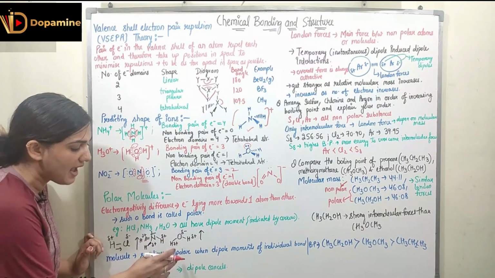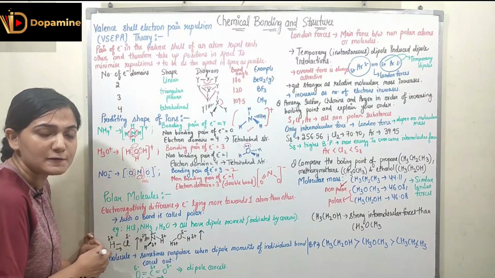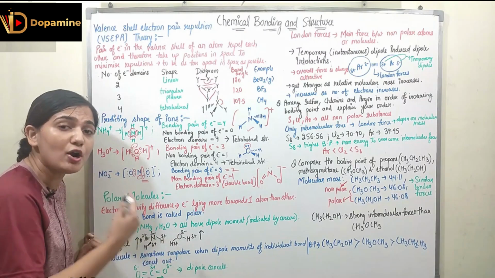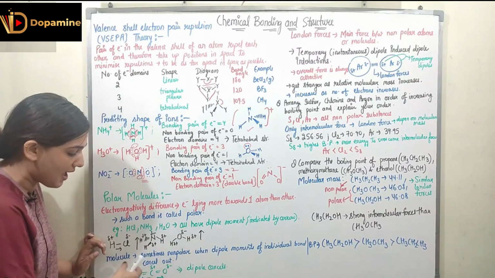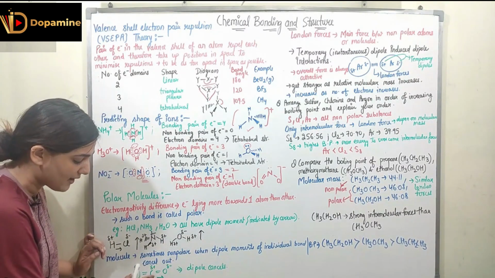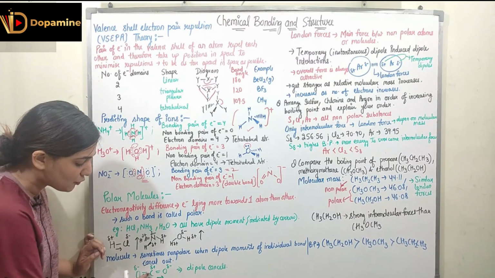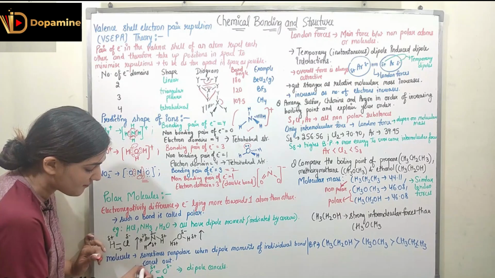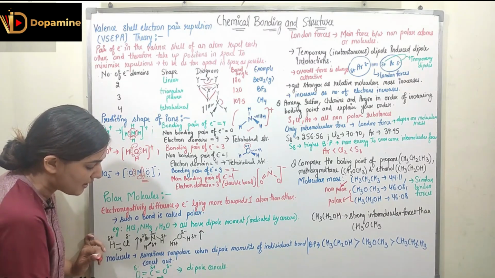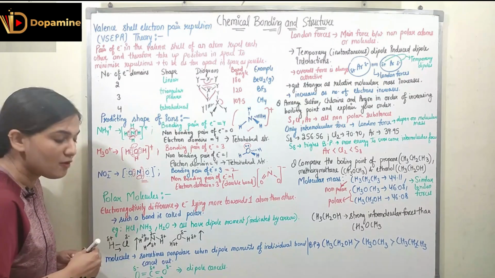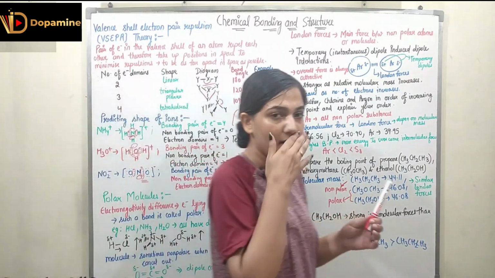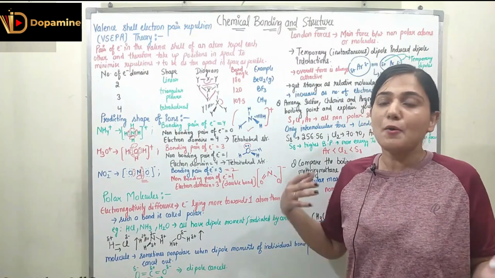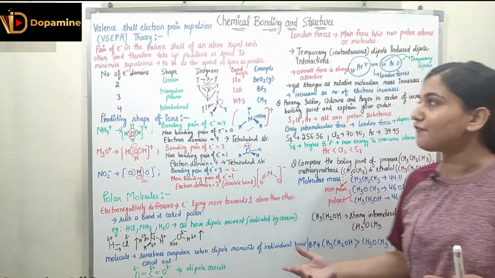And sometimes we have non-polar molecules also. Even if we have an electronegativity difference between the different atoms, the overall dipole moment can cancel out and we will have a zero overall dipole moment. For example, we have CO2. You can see the structure. The carbon has a small positive charge, oxygen has a small negative charge. So we have equal and opposite dipole moments which are going to cancel out, and overall I can see that this CO2 structure is non-polar, whereas we had the electronegativity differences.